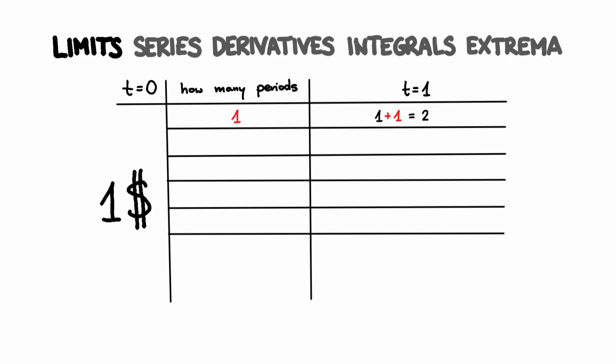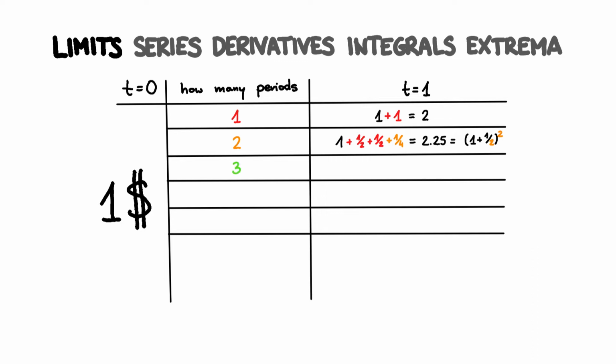What if your account compounds interest twice a year? Your dollar earns $0.50 after 6 months and another $0.50 after the next 6 months. But that's not all. The first $0.50 earns as well $0.25 for the last 6 months. Together, we have $2.25, which equivalently can be written as (1 + 1/2) squared. The latter formula is easy to explain, as every half a year your amount of money is multiplied by 1 + 1/2.